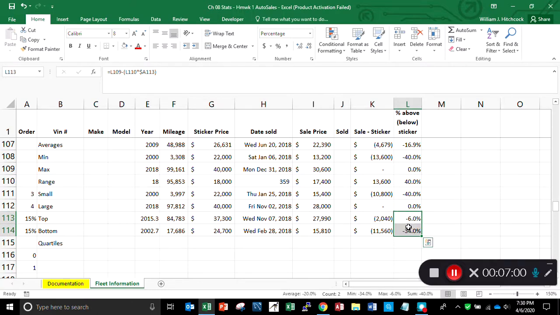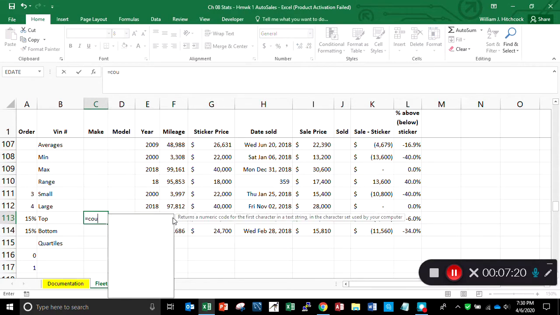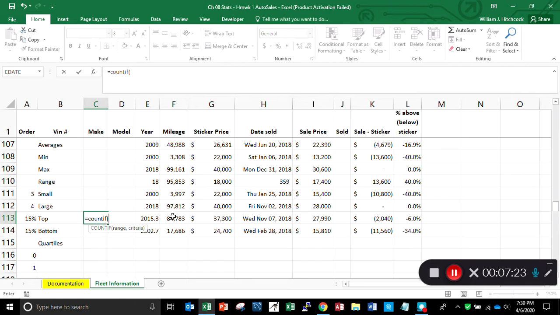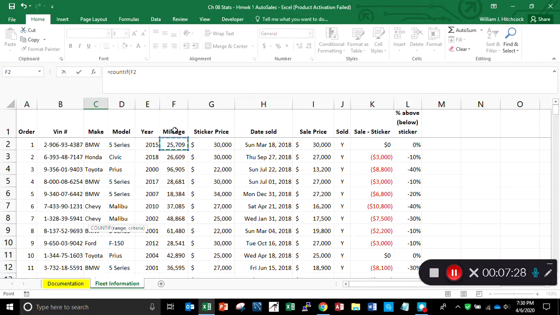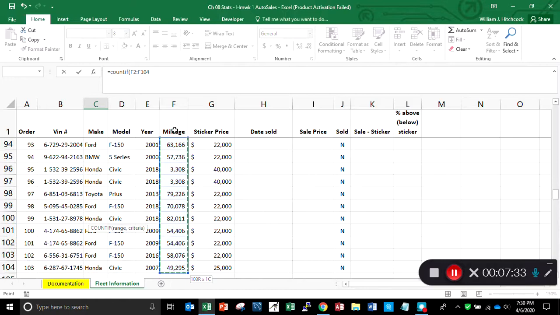So we can get some sort of a feel for how many of these vehicles tend to be at these different ranges. So if we want to count it up, for example, in terms of the mileage or maybe the sticker price, I might try it for the mileage. We could do a COUNTIF, and I want to count if the mileage, so I'm going to click on the word mileage, hold cursor down 1, hold my shift key, end and down, hit function F4 because I want to lock that in,